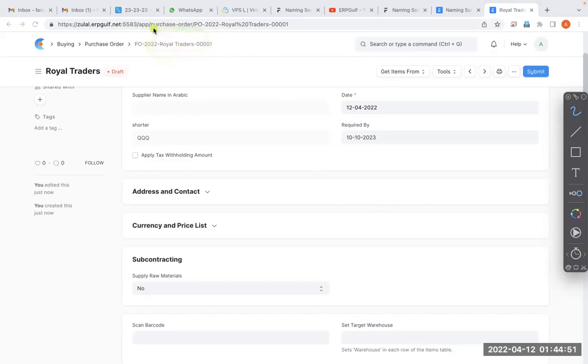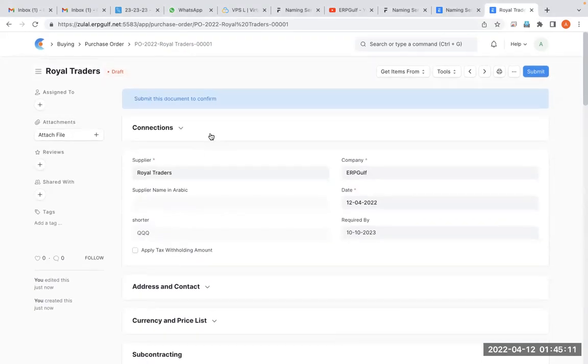But let's say you don't want all of Royal Traders, the full name, here, and it doesn't look good. So you want to shorten it, a 3-letter word, something like RTD or something like that. But you don't want to enter it here in the same document. So what you will do, for each supplier, you will actually put a shortcode inside the supplier